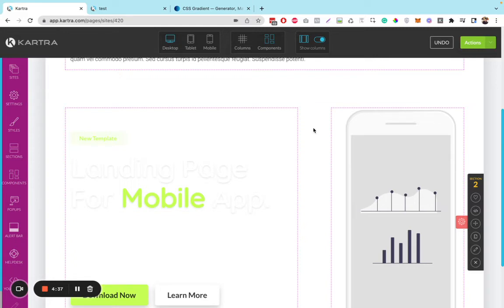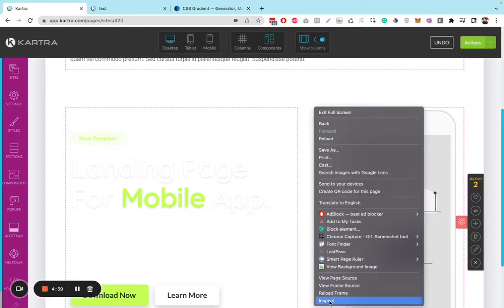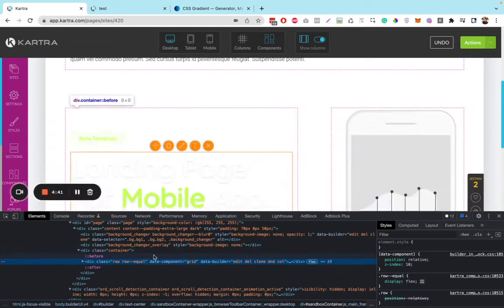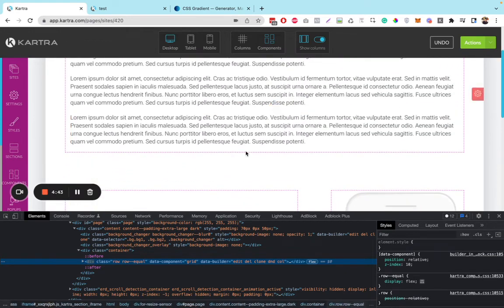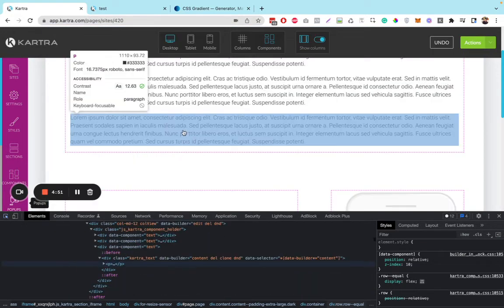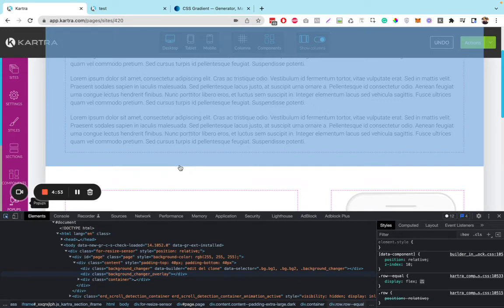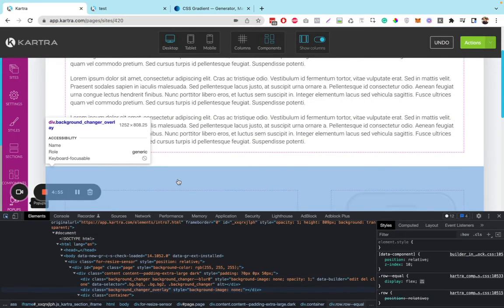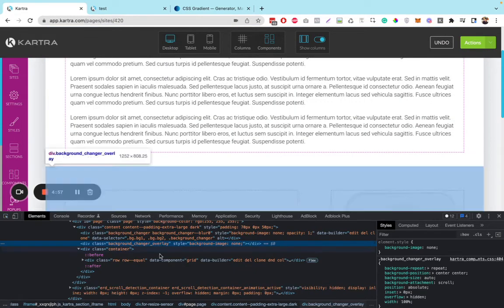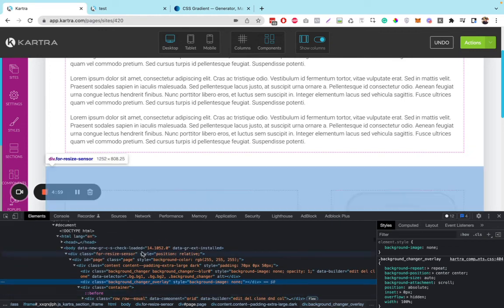The first thing is again right click, click on inspect. I'm going to bring up the inspector. Inside of the inspector, just click on this arrow icon. Okay, it says inspect. Click on inspect. Here, select the section you want to target. So I'm not going to target the first section. I'm going to target the second section. Just click over there, scroll up,